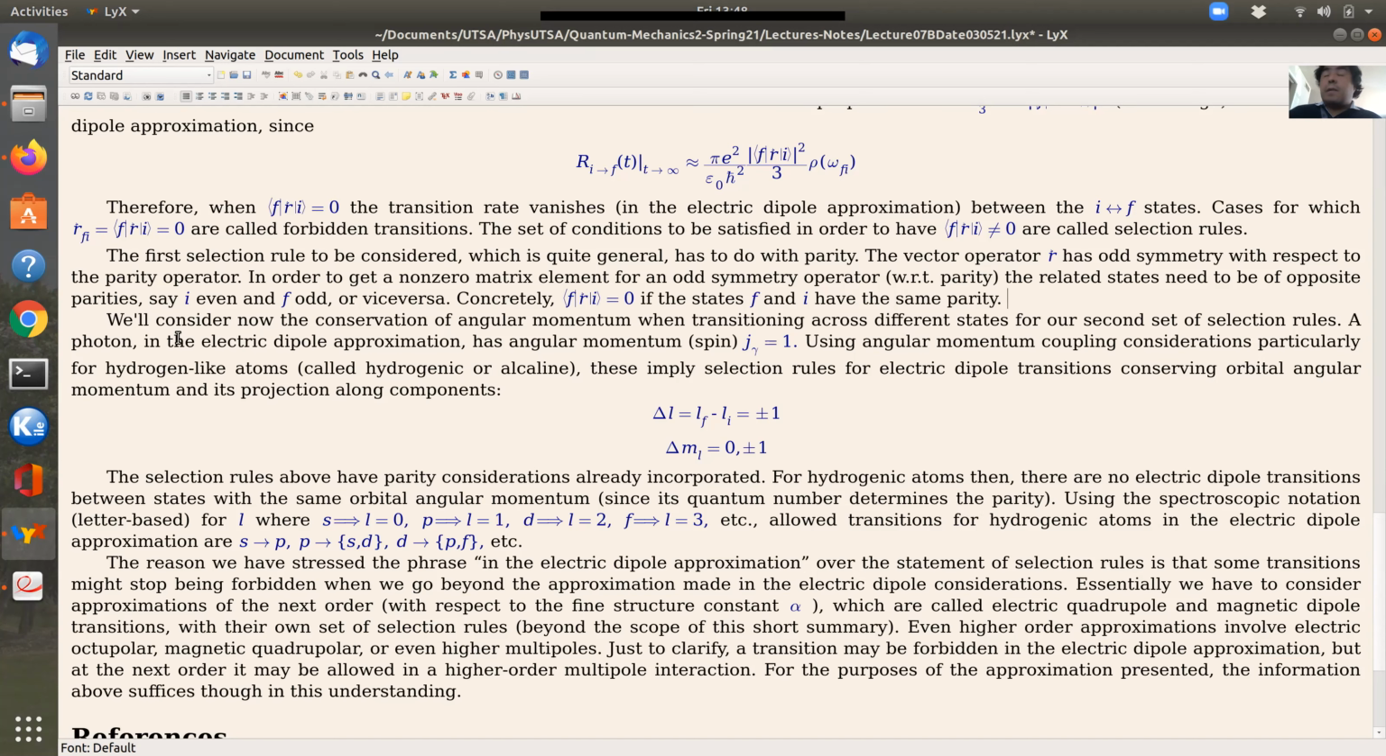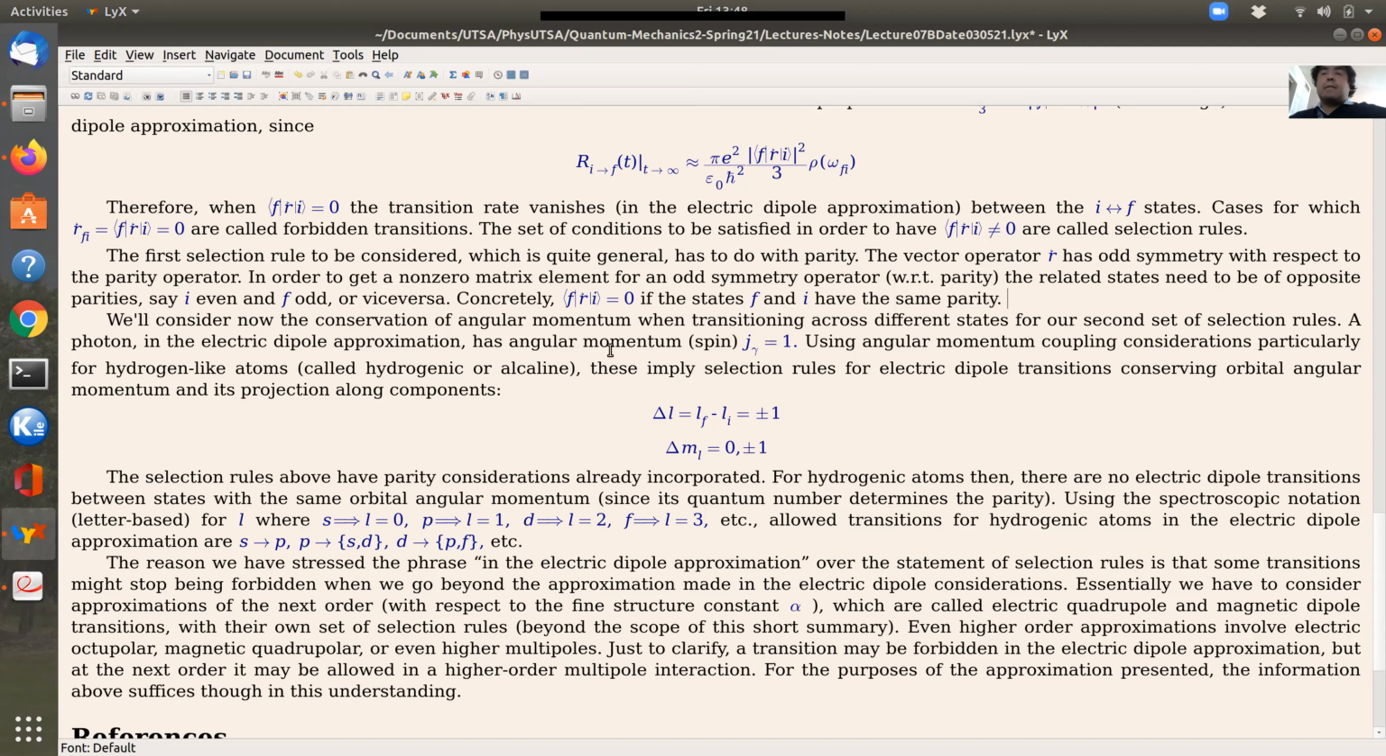The second, this one is the one that I just want to comment briefly. If again you want to see the details of the calculation, please read McIntyre. There's only so much that I can cover. And so now what we'll consider is the conservation of angular momentum when you make a transition across different states. And so that's the second set of selection rules. So let's consider that you have a photon in these transitions. And in the electric dipole approximation, this photon,